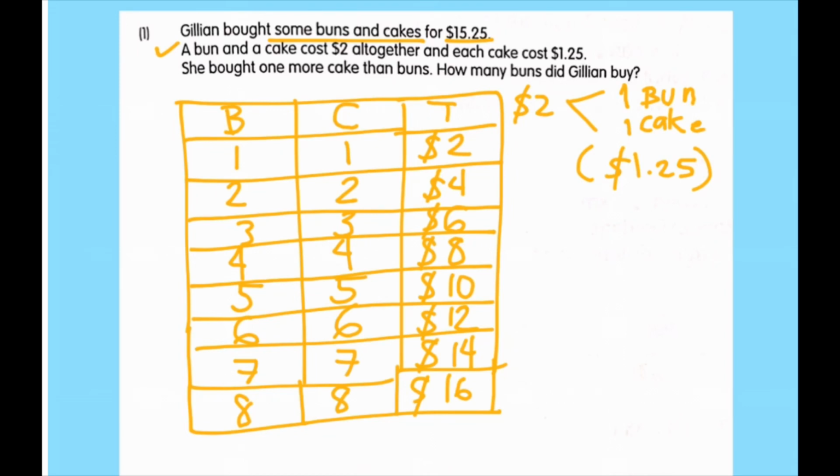is more than the total cost of the buns and cakes that Jillian bought. Hence, we could stop with $14. We could say that Jillian bought 7 buns and 7 cakes. We know that she bought an extra one more cake, which is $1.25. So to check,